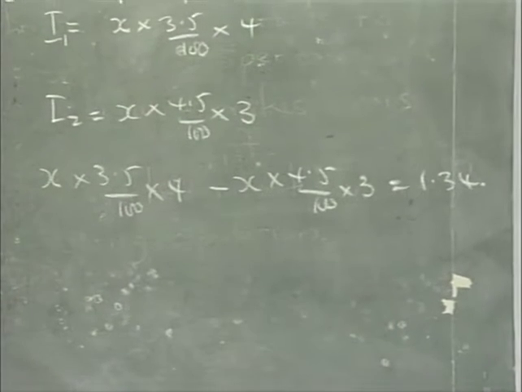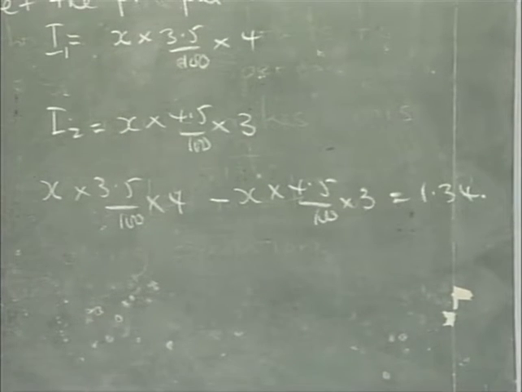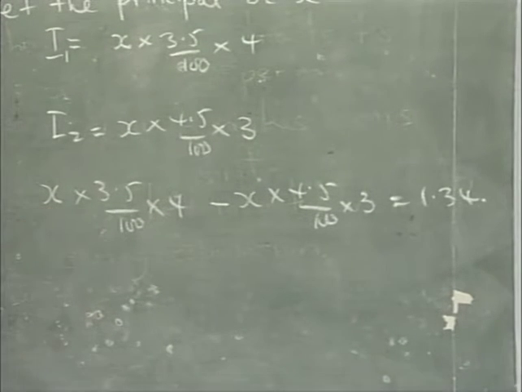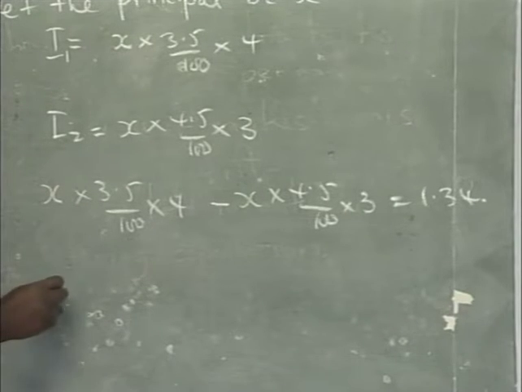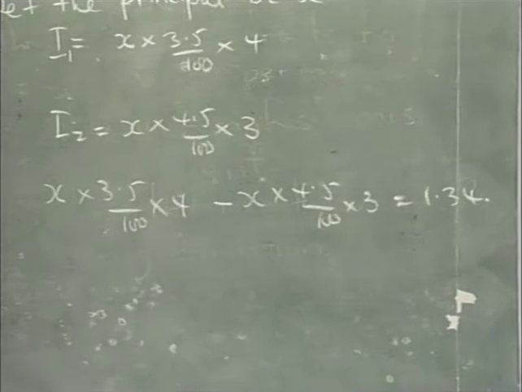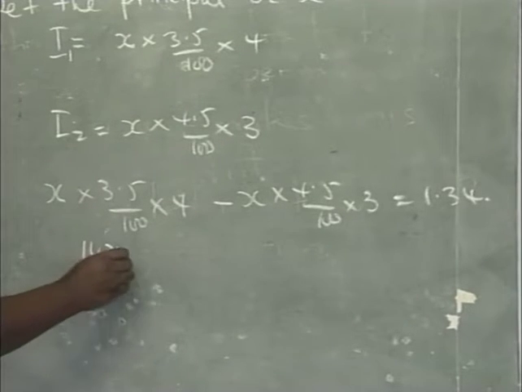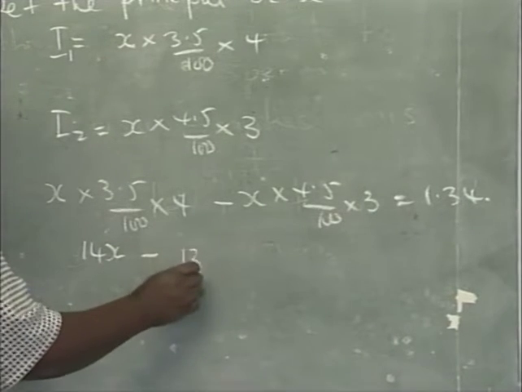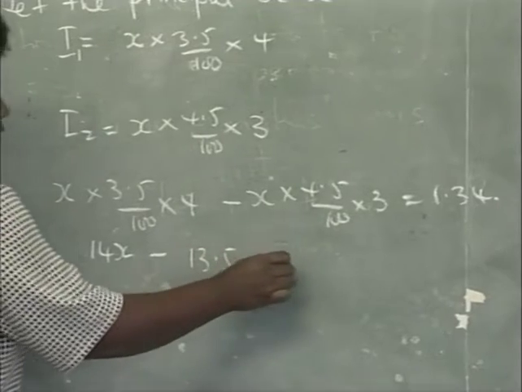If you want to get the total amount of money straight away, you can increase the value. So now if I multiply through by 100, what's 3.5 times 4? 14, so 14x minus 4.5 times 3 is 13.5, so 13.5x equals